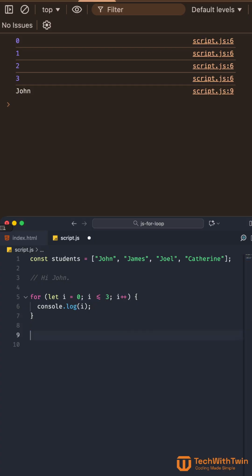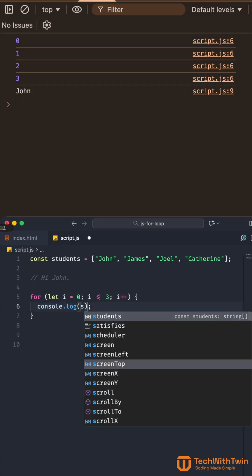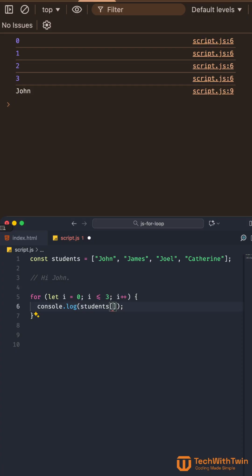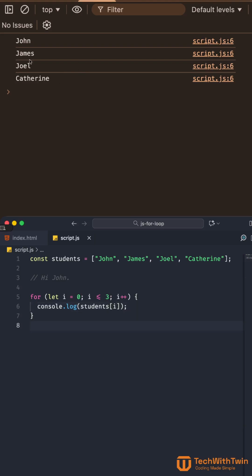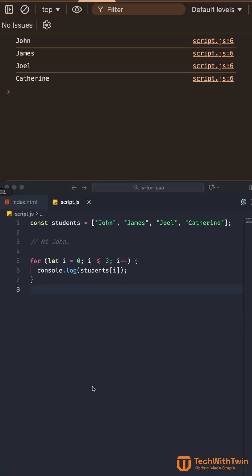So what do we need to do? Here we are getting the indices of these arrays. So we can console log, we can use array indexing to get that element. So array student of index i. All right. You can see we got Joel, Catherine, all those. Is that understood? So we are looping through a range, but now we are clever enough to loop through the